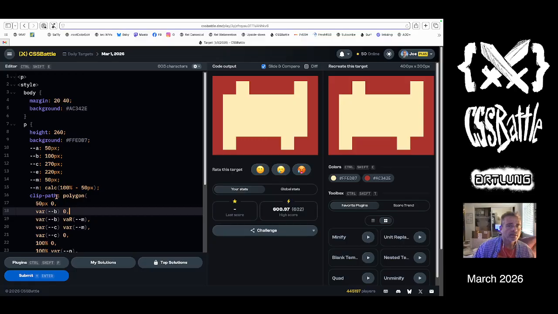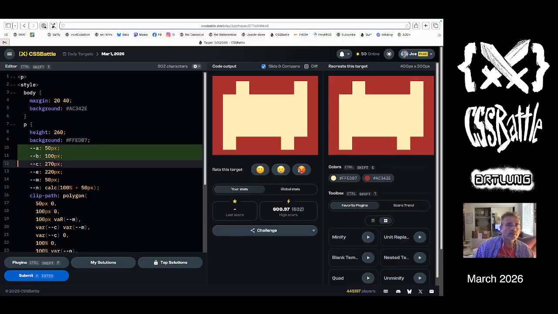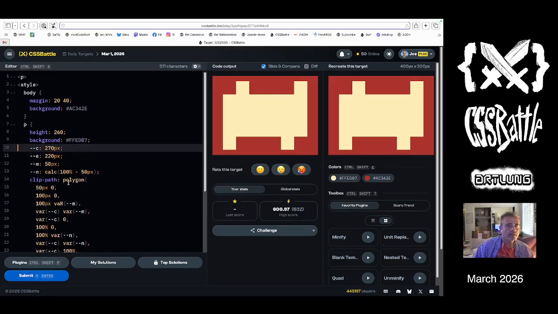Very frustrating. Anyway. Okay, so I guess I need to select it. Do a selection first. I don't know. 100 pixels. Replace all. Okay, and then